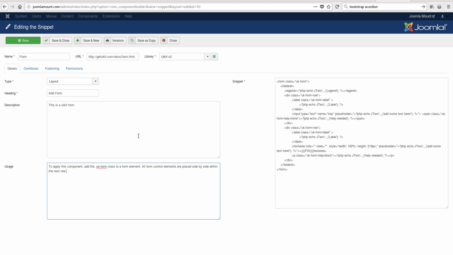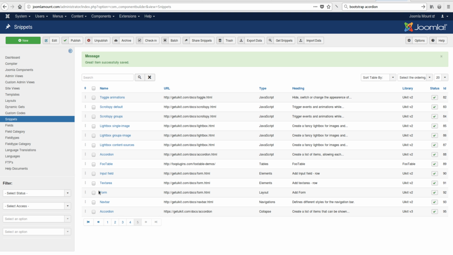Okay, there we go. And I'm going to save it. Save and close. So now I've made a change basically to this one, and that one. And so those are the only ones I'm actually going to share. Now this one, when I created it, it added my details as the